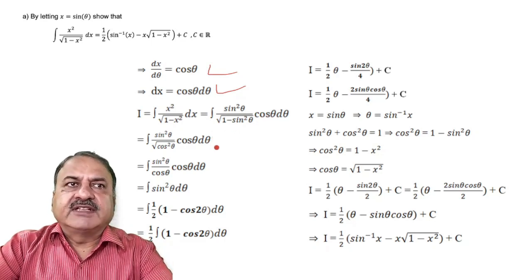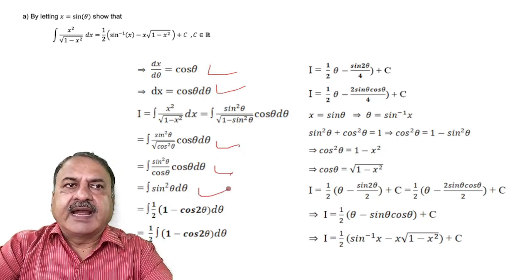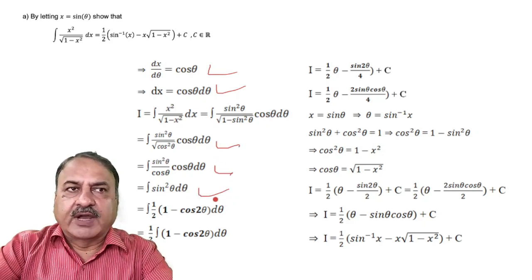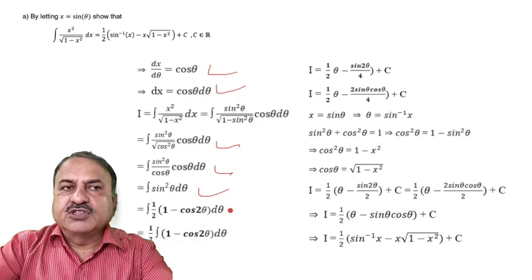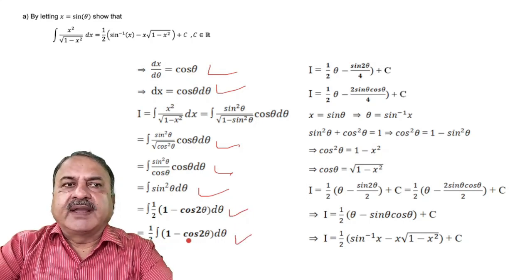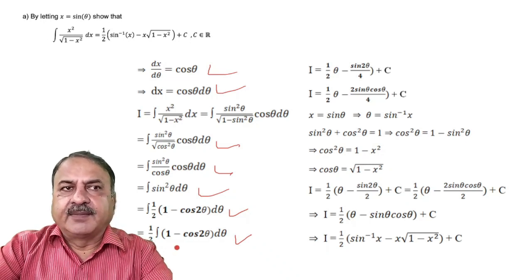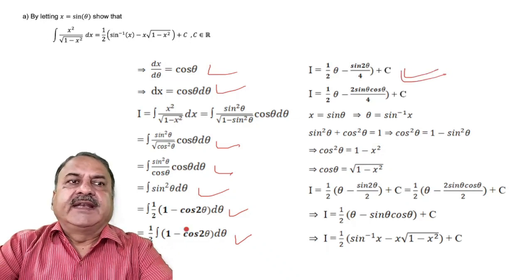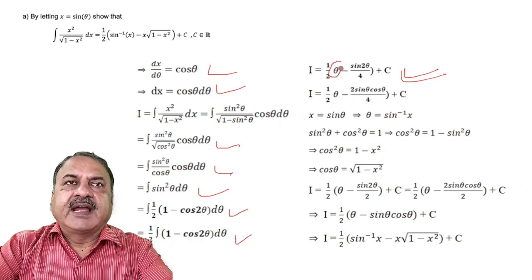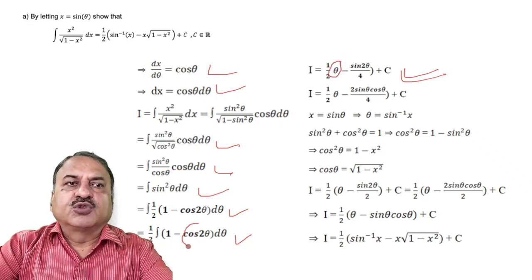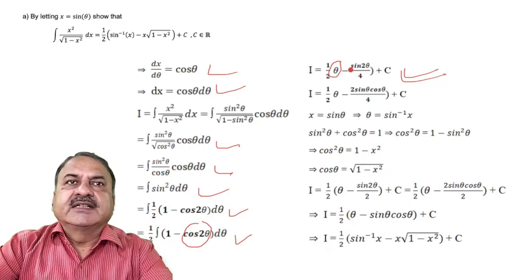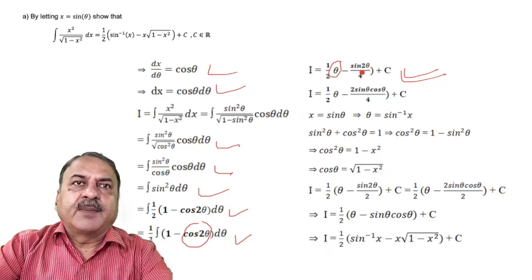After that, we simplified it, and at the end we got sine square theta. We used the double angle identity and we got 1 minus cos 2 theta divided by 2. So the integration of 1 is simply theta, and the integration of cos 2 theta is sine 2 theta upon 2,